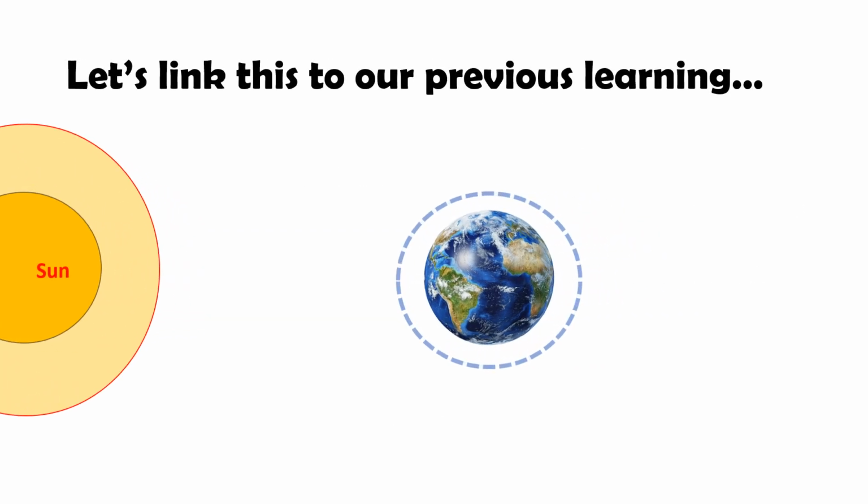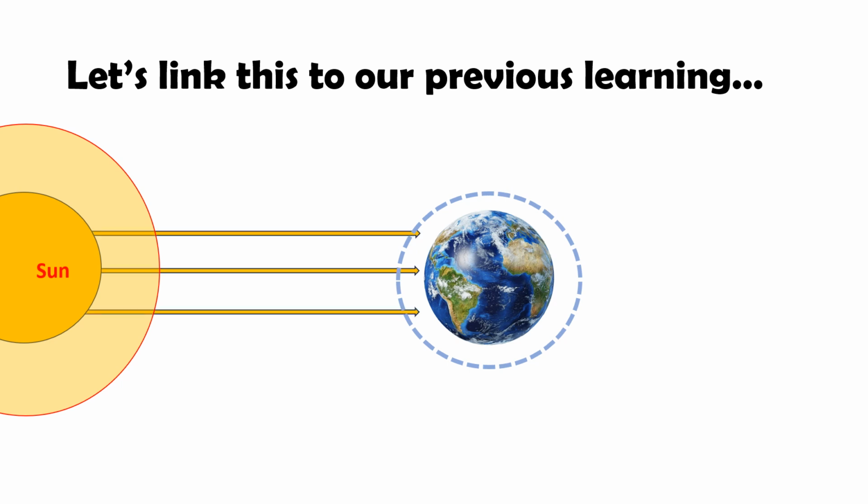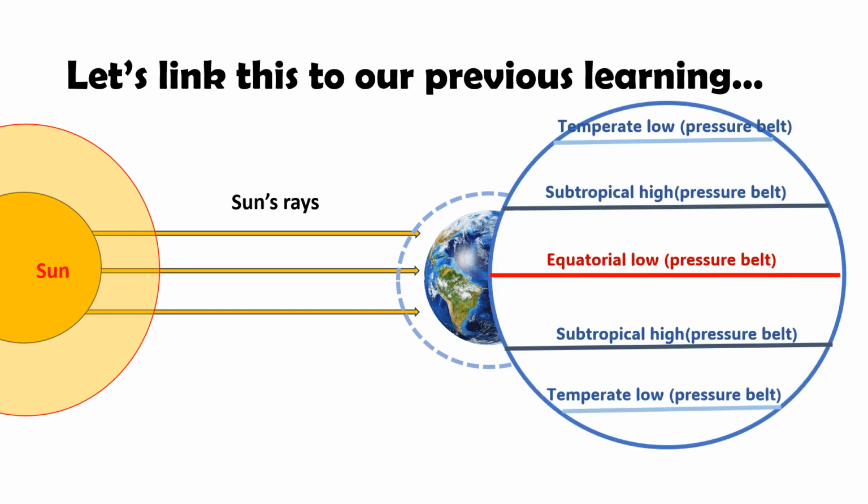Now let's look at this in relation to what we learned previously in the video. Remember, there's a link below if you want to watch the video for lesson 1, and that talks all about the atmospheric circulation model, or the global circulation system, in more detail. But as before, let's put the sun rays back in and just have a look at this model that we